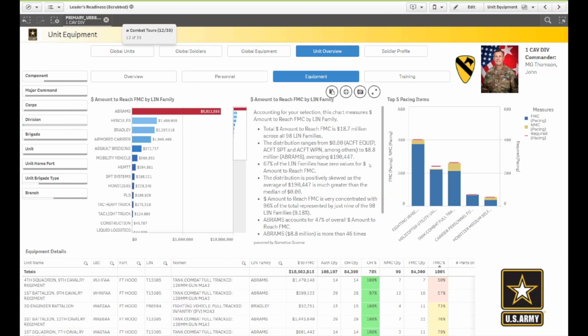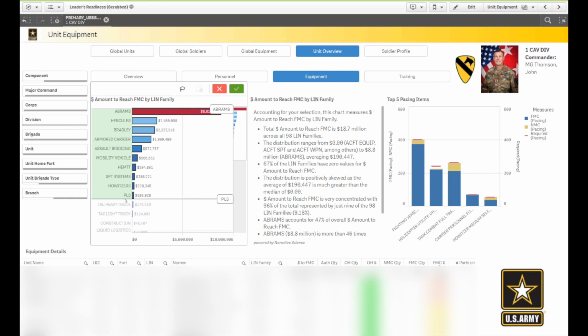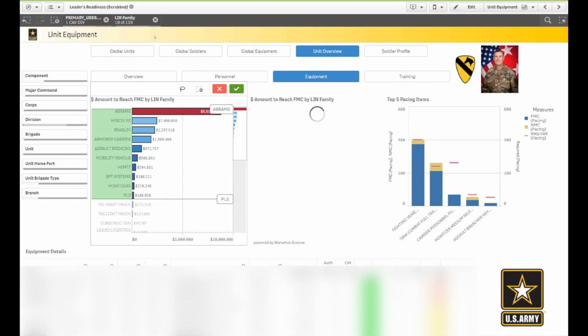So from the equipment perspective, what we wanted to put in here is the dollar amount to get the equipment up to a fully mission capable status, or basically to get this equipment up and ready to fight. So we can see here Abrams tanks, for example, within First Cav, it would take $8.8 million to get all their tanks up and running. What I can also do is just select a handful of these, so maybe like the top 10